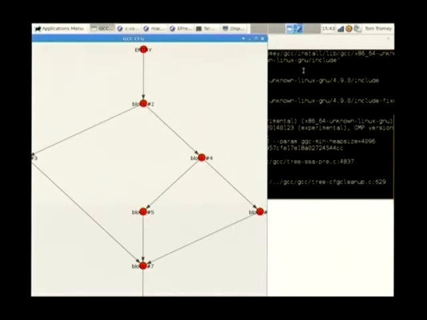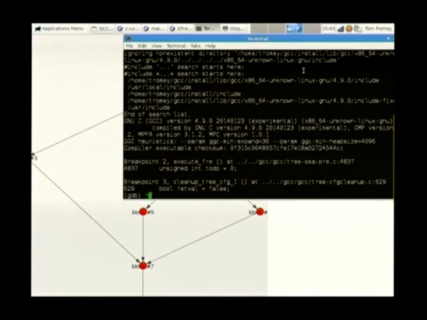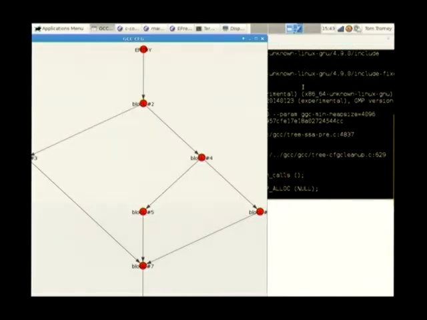What it does is it sets a bunch of breakpoints in GCC wherever it manipulates the control flow graph. And at those points, it pulls out the nodes and edges of the control flow graph, stuffs them into a Python graph structure, and then draws it into this window. And we made it update while you step. So here, let me